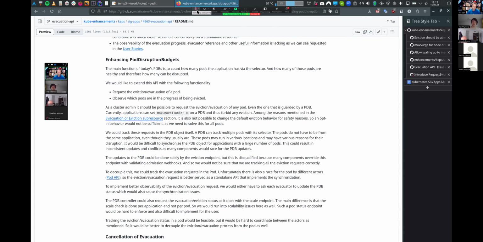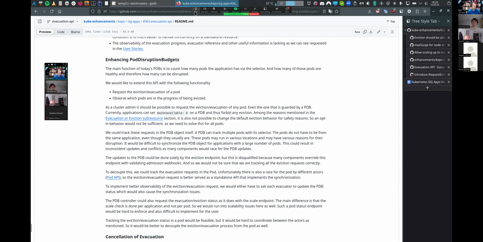Okay, so you're basically proposing to extend the PDB API surface with the ability to specify an external API endpoint that should be consulted to get the information whether this PDB allows or does not allow the disruption. Do I understand correctly? Yes, yeah. This solution is not part of the CAP. This is just an alternative we are discussing also with Ravi.